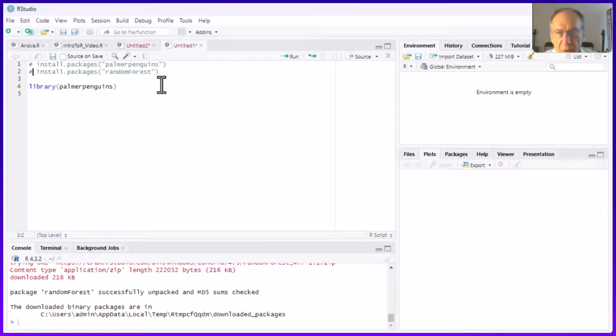So some people will have it commented out after they run it because you don't need to run it again. If you run it again, no problem. You got the idea? You install a package, you only do that once, that downloads it and integrates it into R. If you want to use it for whatever you're doing, you use library. Why would you install it and not use it? Because everything uses up memory. You're using up RAM. You're building all this stuff you're never going to use. So the idea is you just